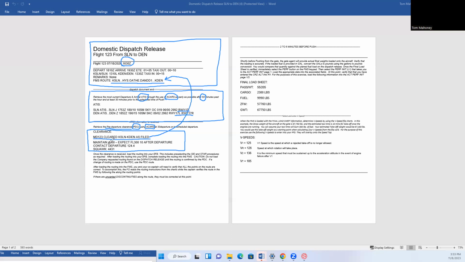The rest of the clearance says maintain 4,000 feet, expect flight level 330 10 minutes after departure, contact departure on 124.4 and squawk 4431. I have my clearance 30 minutes prior to push. The rest of the information I'm looking at, I would not get until later on in the flight or later on during my pre-flight. And about 2 to 5 minutes before I push, the gate agent is going to bring me down